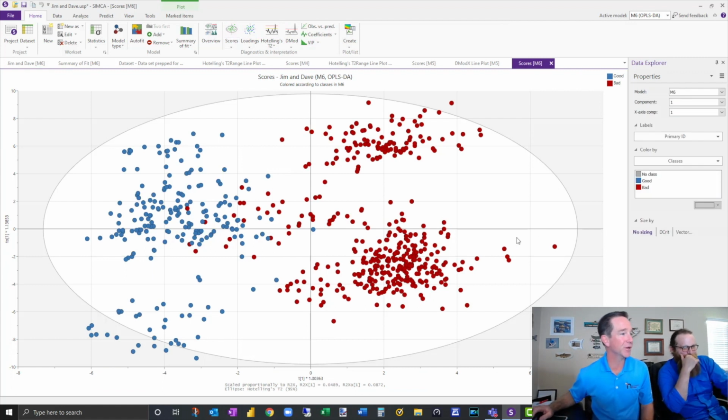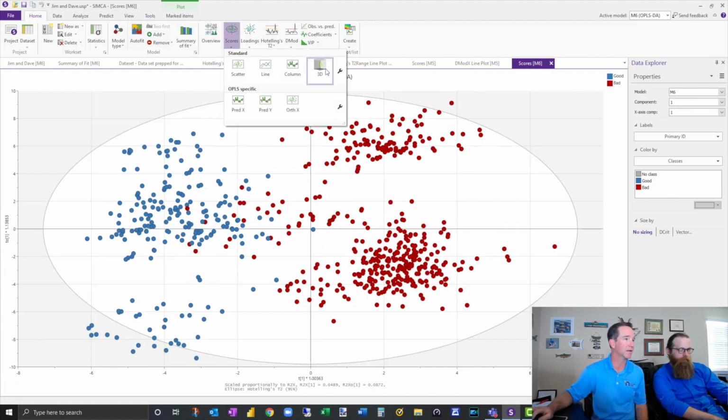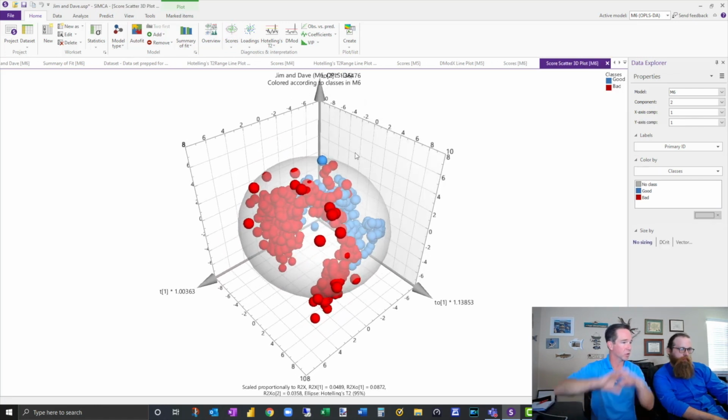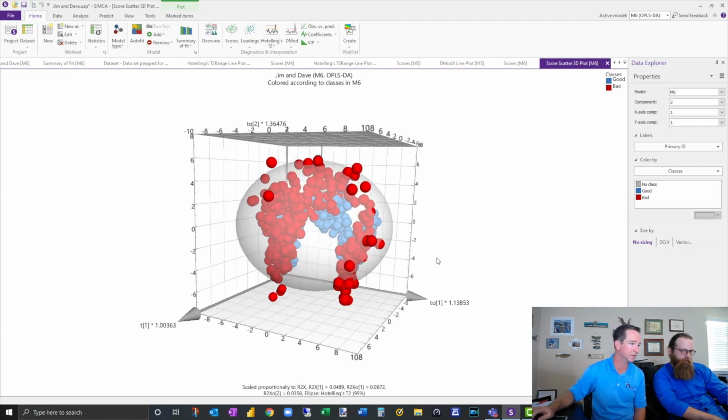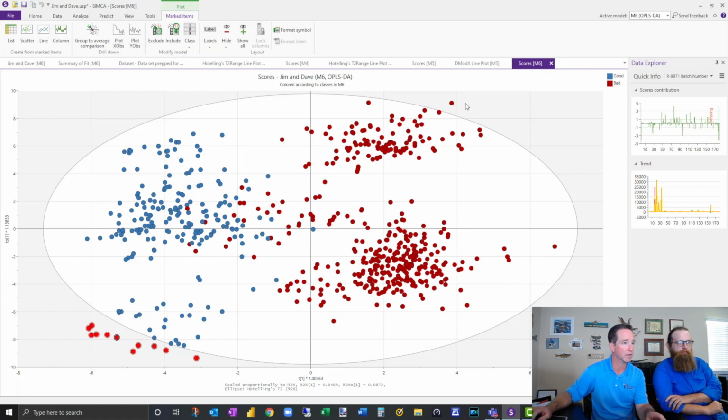Now if we look at the scores, we've got one more component that we can look at. Let's look at it from a 3D space again. We don't have those really big outliers here, right? I do have some that are kind of outside, like here and here. Let's say I want to get rid of all of these. I can highlight them, hold down control, and get that one. Are there any others now? All the others look pretty good, right? So I'm going to exclude those.